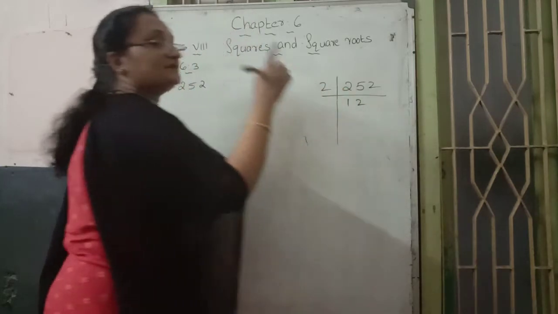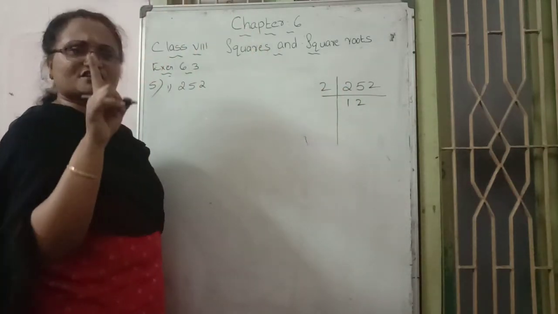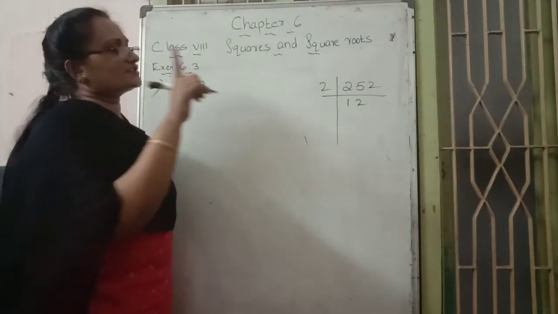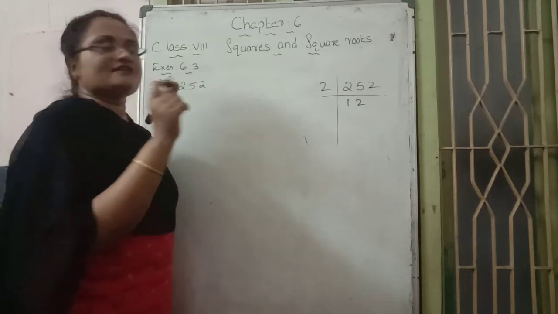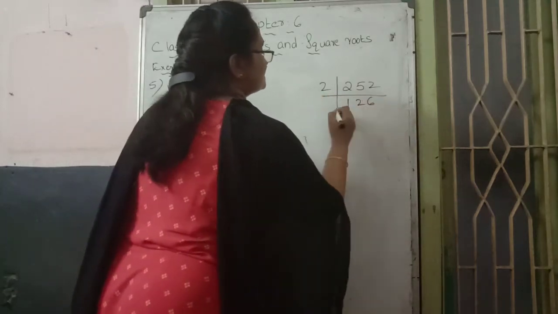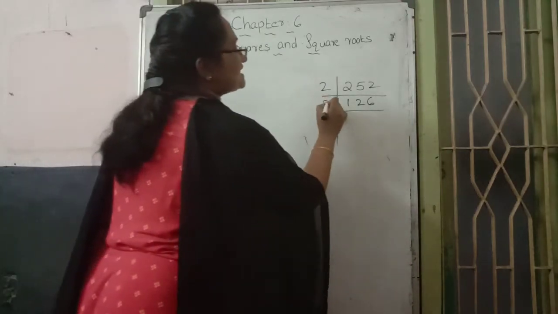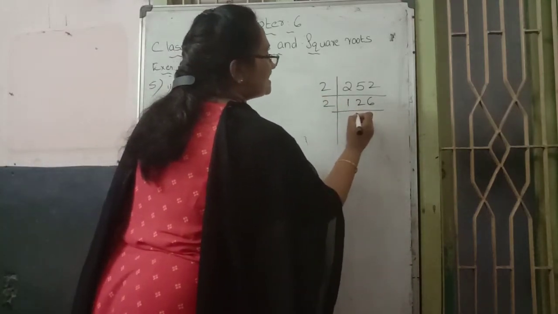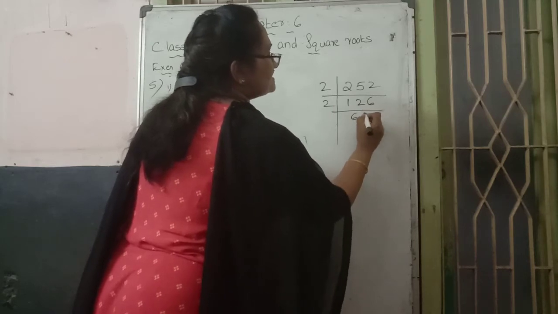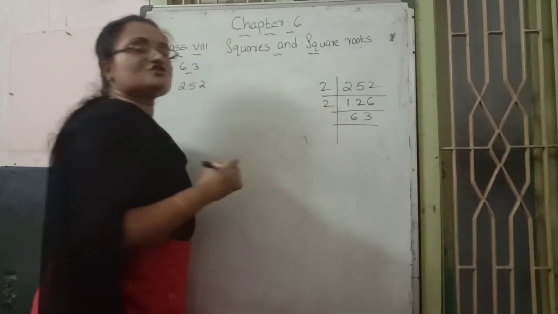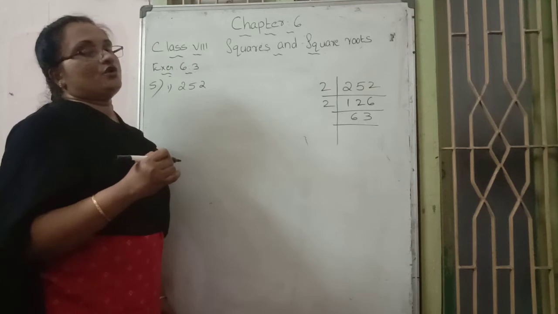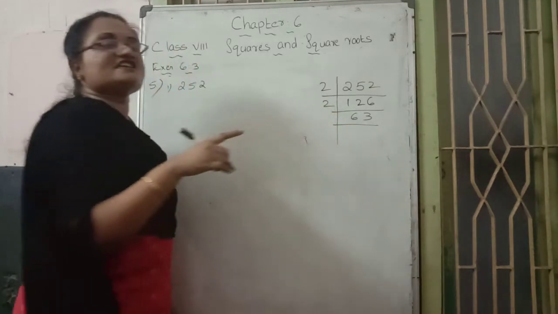So 5 minus 4 is 1, and the next place number 2 joining them, 12 by 2. 2 table 12 is 6 times. Again we continue with the prime number 2 only. Why? Because the unit place is 6. 2 table 12 is 6 times, 2 table 6 is 3 times. Is it possible to continue again with 2? No. Why? The unit place is 3. 3 is an odd number.